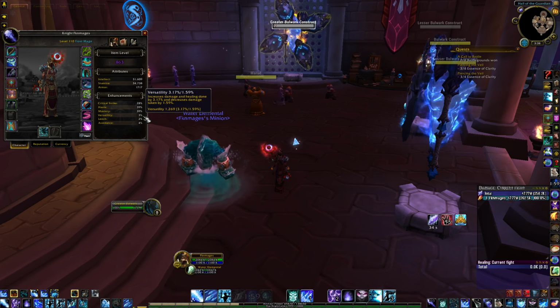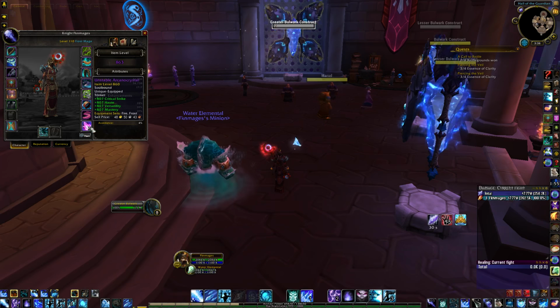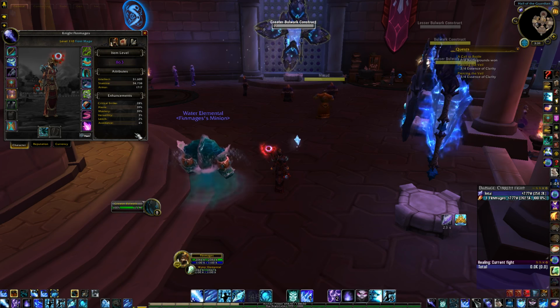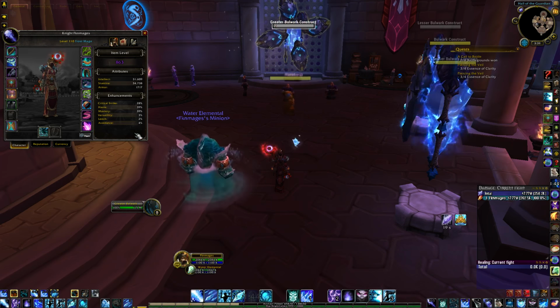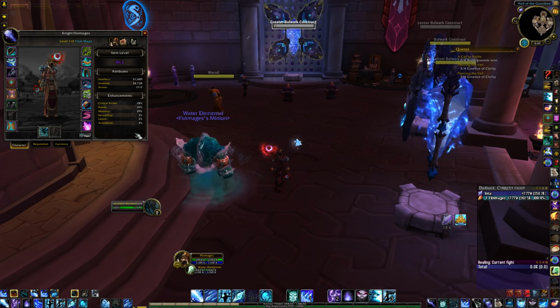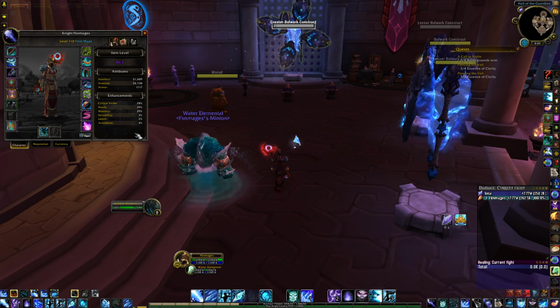And generally, really generally with any spec, that's why the stat stick is so strong, because having a balance of stats as you bring them up is going to be a lot more effective than just having like 100% haste and 0% everything else. So I don't know, it's probably easy enough to understand. I don't know why I'm elaborating that far, but